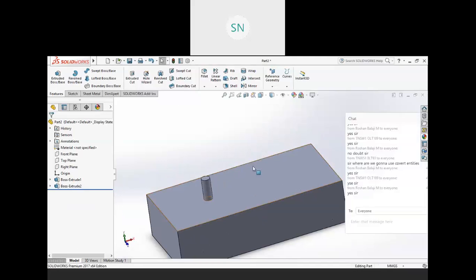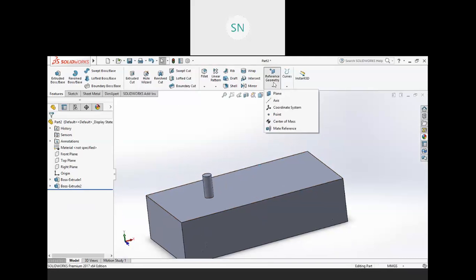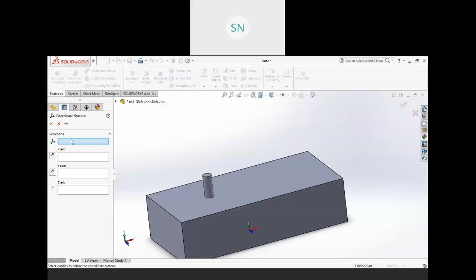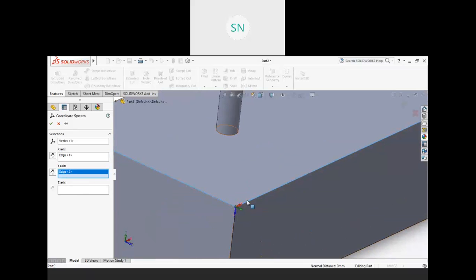So for the table pattern, go to the reference geometry, click on the coordinate system. We need to create one coordinate system. Now the coordinate system I want to place on this point, right? So this is my origin point. Then x axis in this direction, y-axis in this direction, and make sure that this is positive x and this is positive y, but my y direction is this in this, right?